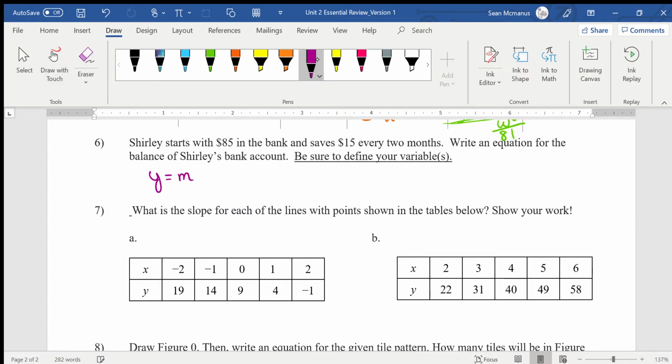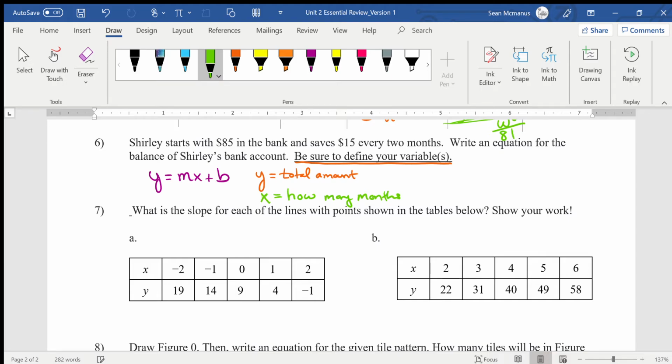Right, we know our equation for a linear function is y equals mx plus b, and it asks me to define the variables. So that means, okay, well, which one of these numbers up here is x and which one is y? Right, so if I think about what this is, y is the total amount that she has. And x is how many months